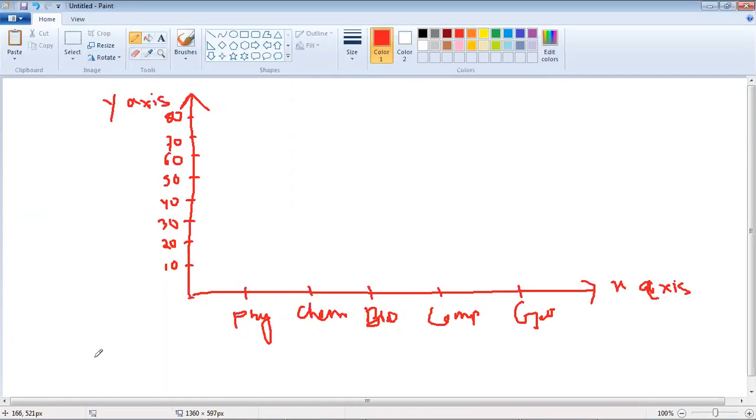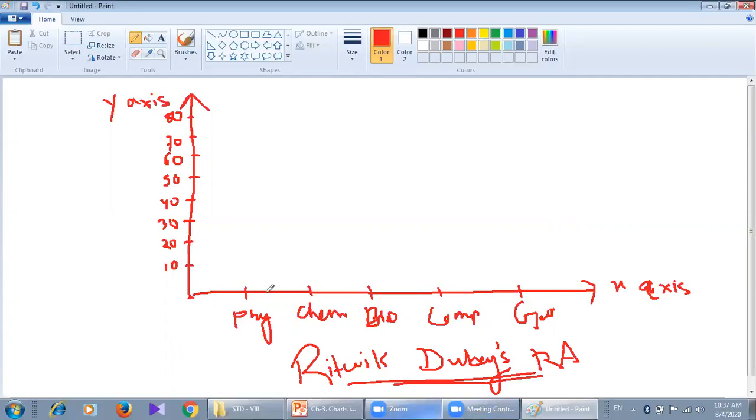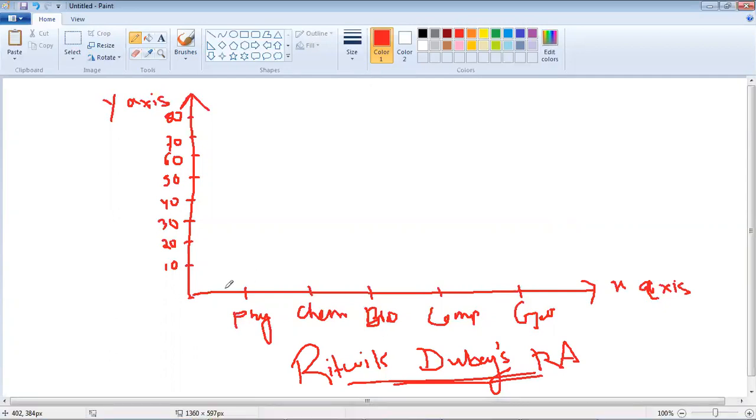Now suppose this is the graph of the result of a student called Ritvik Dubey, result analysis. RA means result analysis. Ritvik Dubey's result analysis.